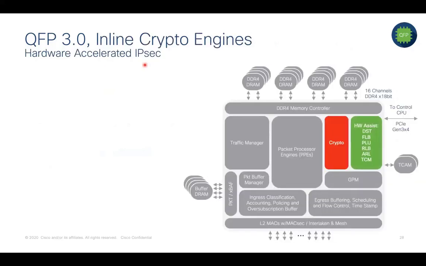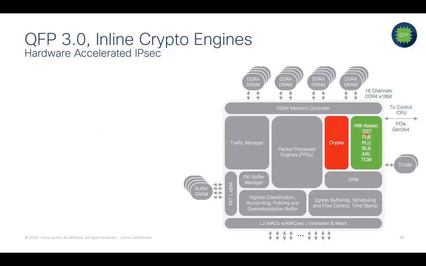What you have here is a crypto block that consists of 16 crypto engines. Each of the engines gets its own resources from memory and compute point of view. So there are no race conditions happening when the crypto engines are trying to get traffic encrypted or decrypted. They have their own dedicated resources. Modularity is at the core of the implementation.